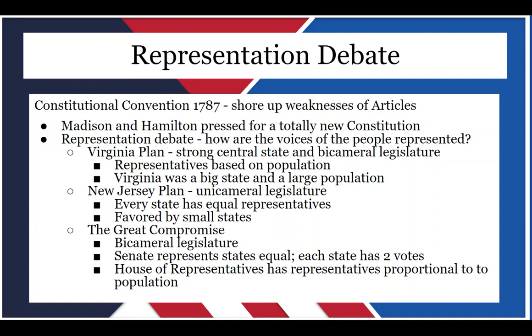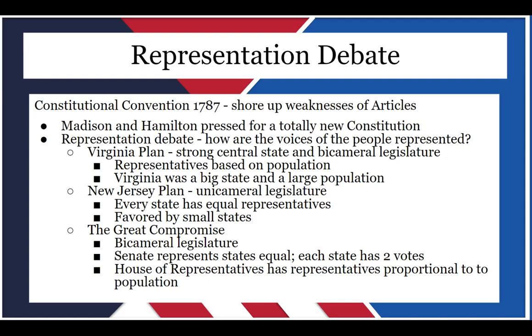If they had decided representatives based on population, Virginia would have many more representatives than smaller states like, for example, New Jersey. The New Jersey plan suggested a unicameral legislature, that is one house. And New Jersey argued that just like the Constitutional Convention and just like the First Continental and Second Continental Congress, every state should have equal representatives. And this was really favored by small states. States that had really small populations would then have just as much say in the government as other states with larger populations. Essentially, this would give outsized power to smaller states because even though they have a much smaller amount of the population, they would still be represented by the exact same amount of representatives.